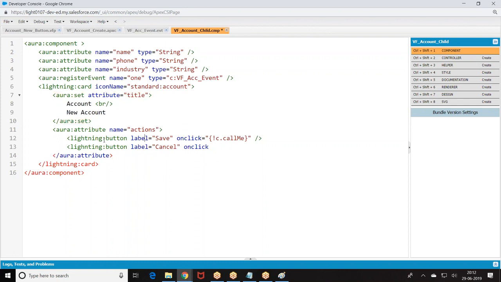So we have on click, right, the body part.